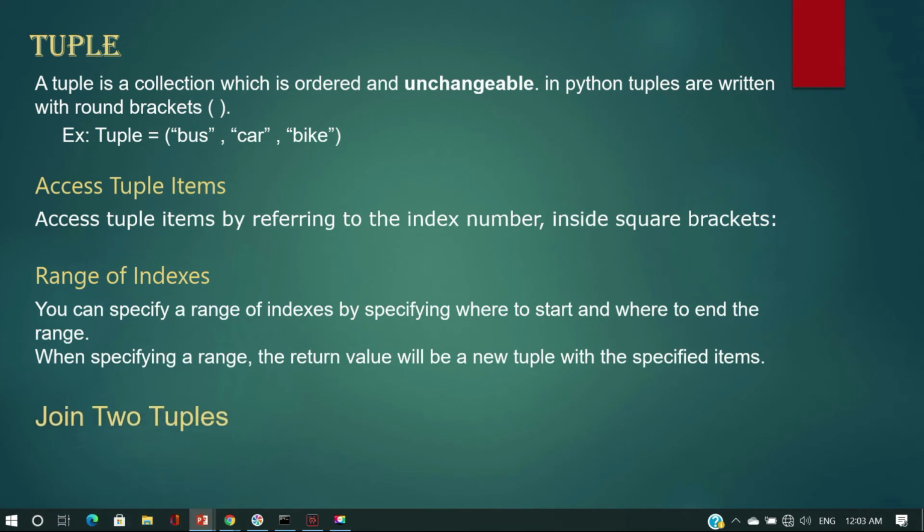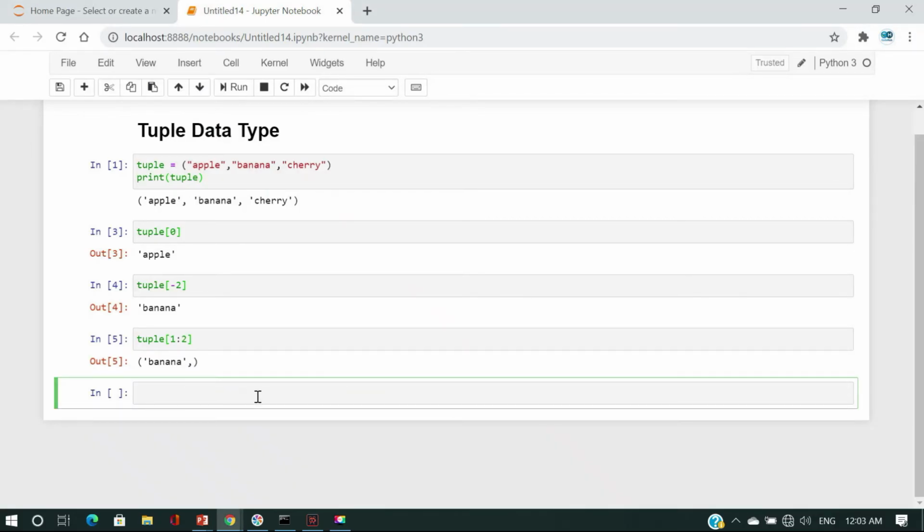The next one, joining two tuples by using the plus operator. Let's see it. We have to create two tuple values. Tuple 1 is equal to SRH, and the next CSK, and the next Mumbai Indians.